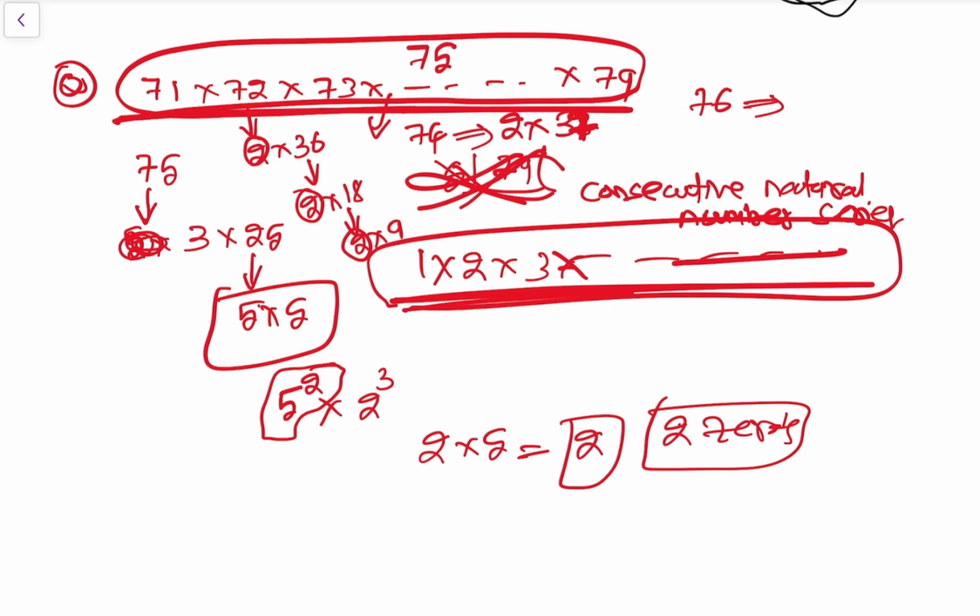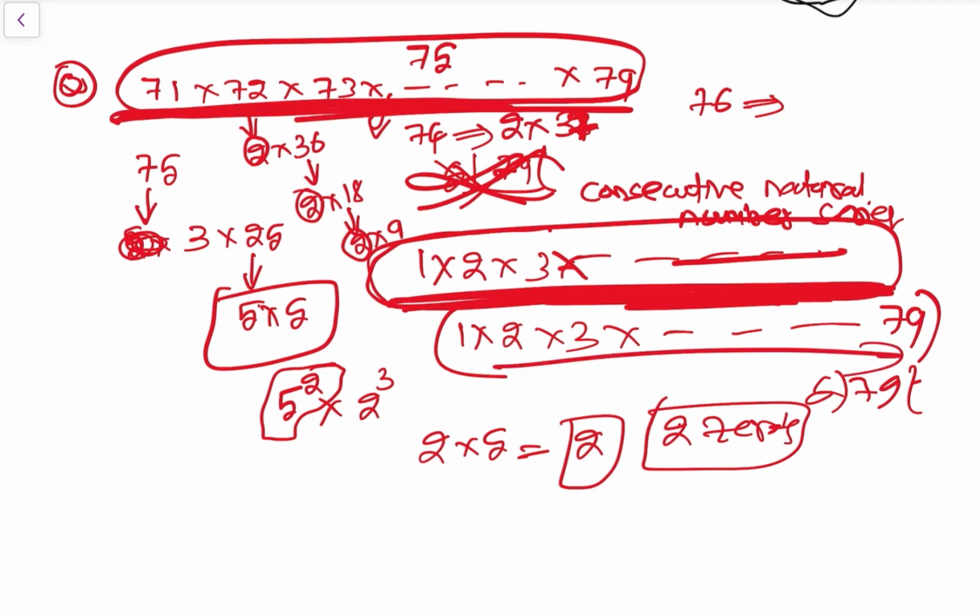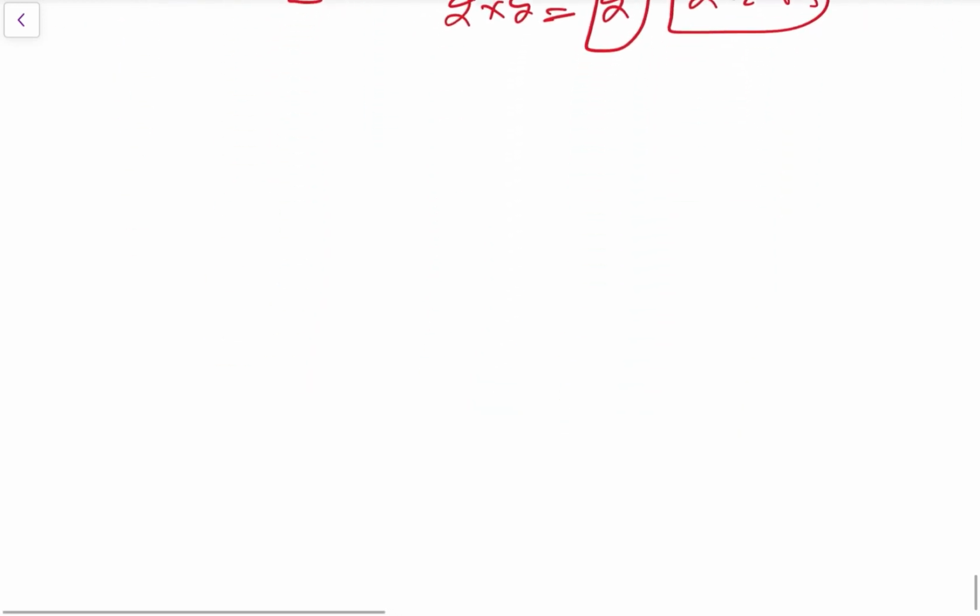This series is a consecutive series, but the formula or method we use to find 5s and 2s is followed in consecutive natural number series 1, 2, 3, and so on. If it had been given up to 79, then we could use 79 divided by 5. But here it is a series, and in a consecutive natural number series this trick is also used. So in the heading where you wrote consecutive series, put consecutive natural number series, okay. Then the next thing is